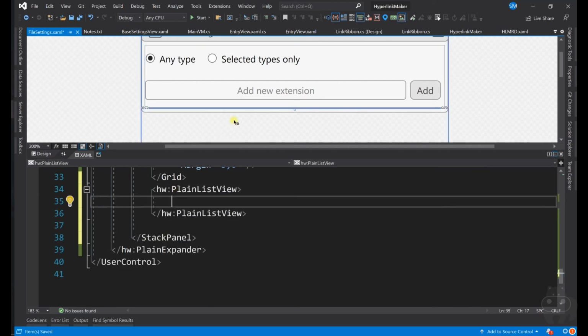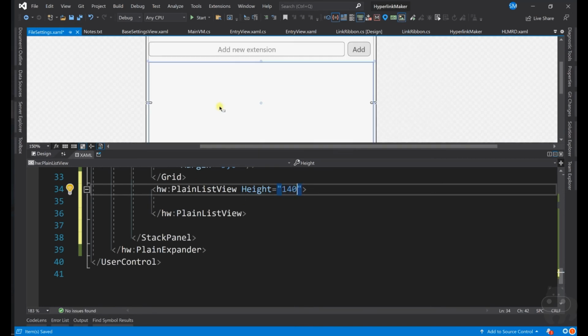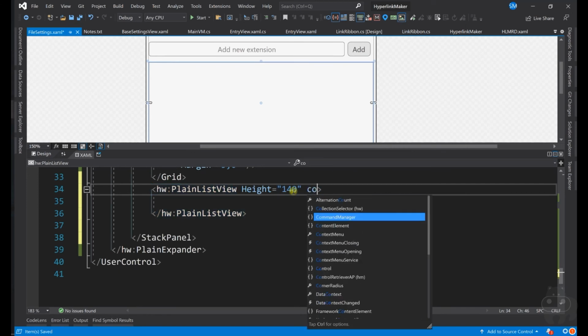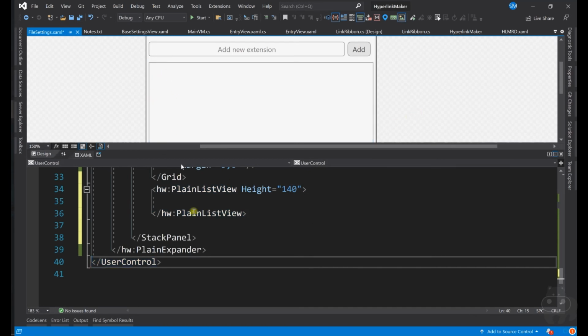The reason why I'm adding a list view from Haley is that normal list view you will not be able to bind. So those things you will learn later. But now I'm going to add a height of maybe 140, so that it is of a certain height, and we don't need corner radius and other things, but let it be there. We will come back to this later.